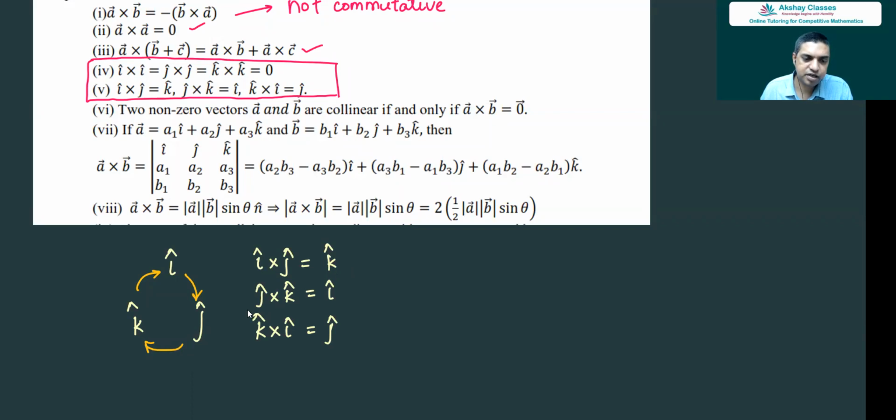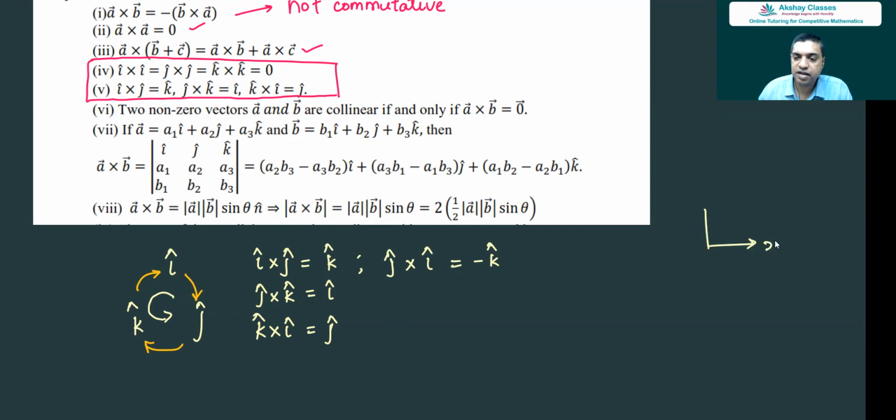I cross J is equal to K. J cross K is equal to I. K cross I is equal to J. All right. And if we go in a reverse cycle, reverse order, you will get negative. I cross J is not commutative with J cross I. It is opposite. So J cross I will be minus K